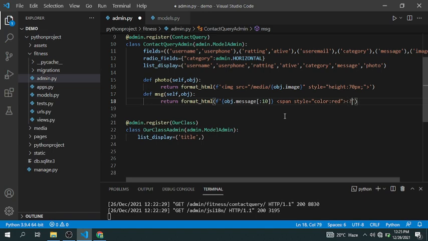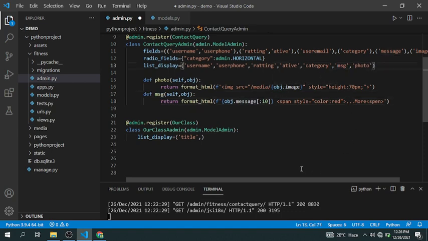So we close the span here, and we put here triple dot and right here more. So I think it will work now, and we have to add here message